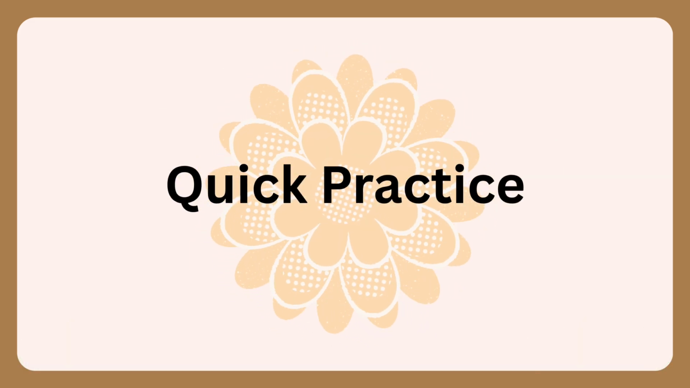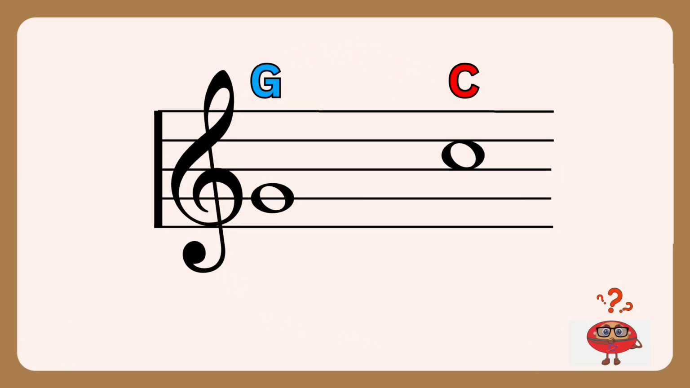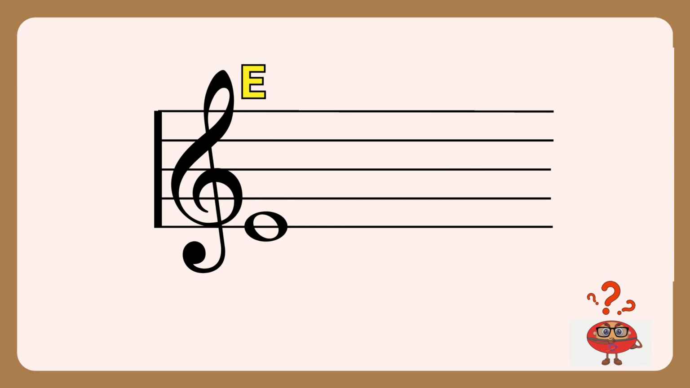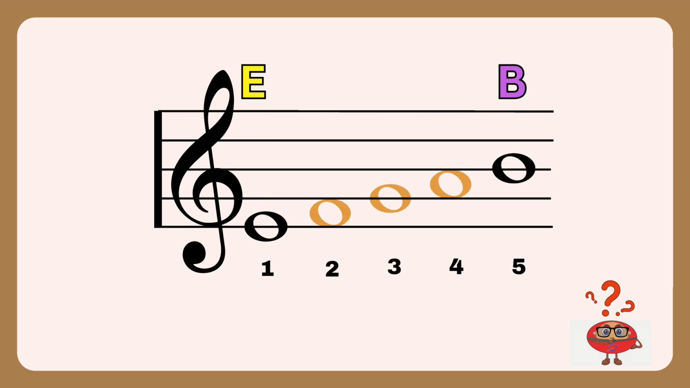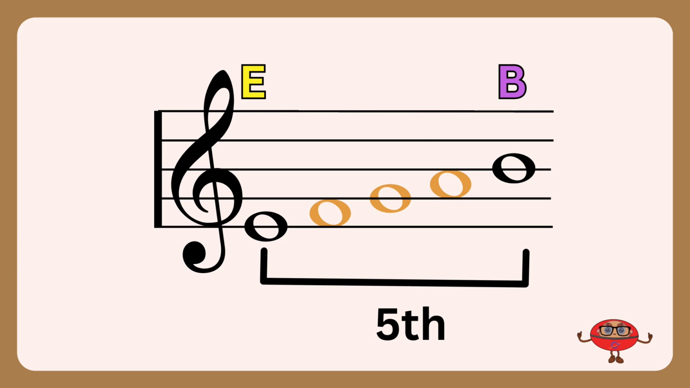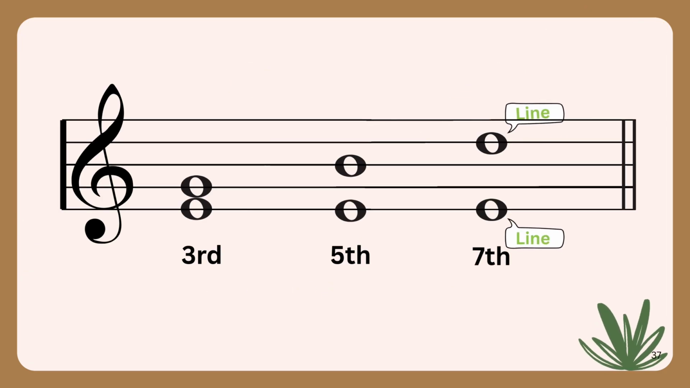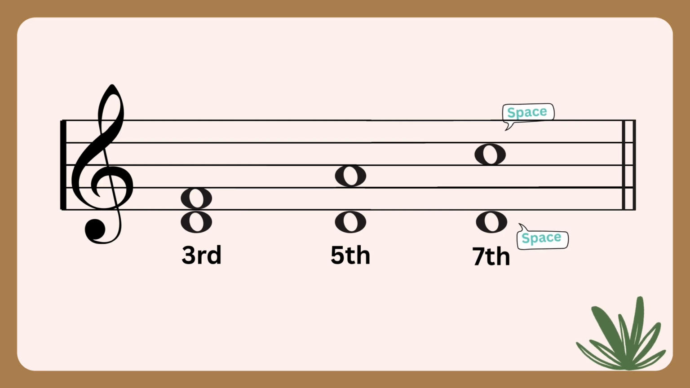Quick practice. What is the interval from G to C? Count 1, 2, 3, 4. The answer is fourth. How about E to B? Count 1, 2, 3, 4, 5. The answer is fifth. Fun fact: if both notes are on lines or both on spaces, the interval is an